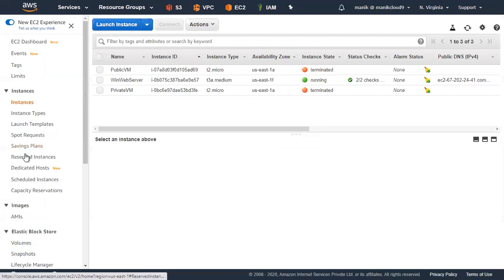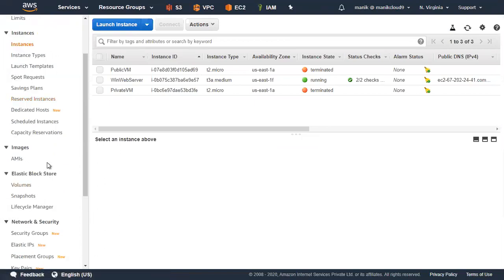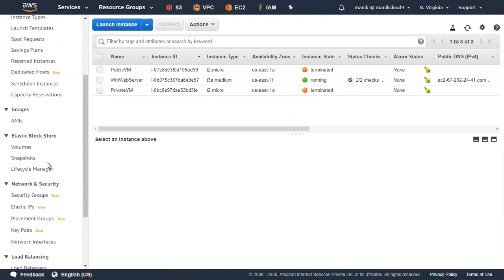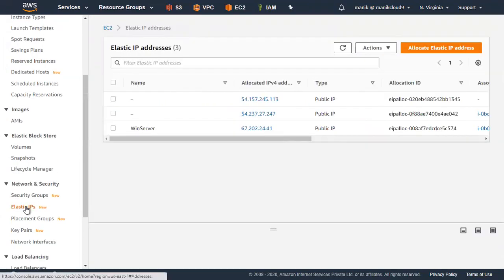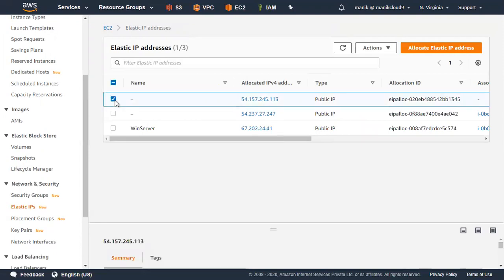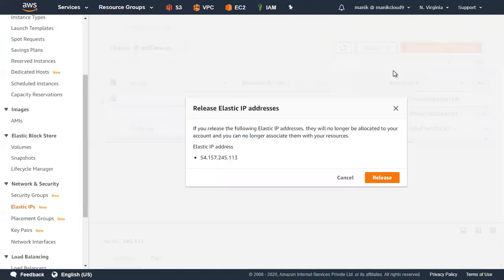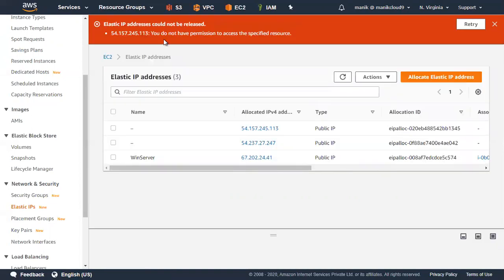Let me show you one more thing, because that is also an important aspect of deletion. Choose your Elastic IP, and if it is attached to any machine or ENI, it cannot be deleted. If this Elastic IP belongs to your NAT gateway, you cannot release it. See, you do not have permission to access the specified resource. Then try this one.